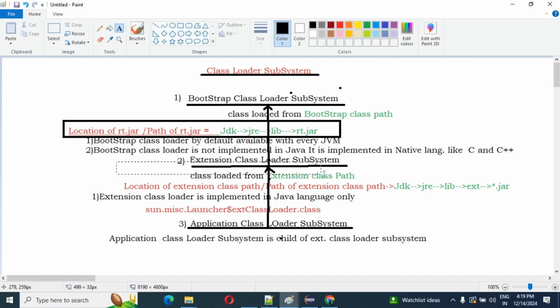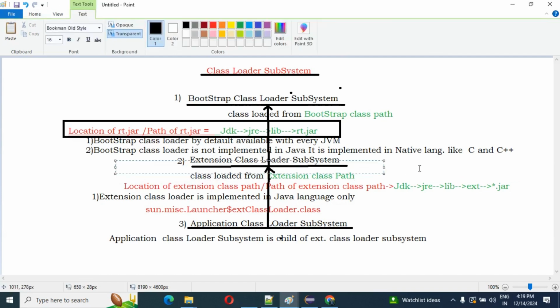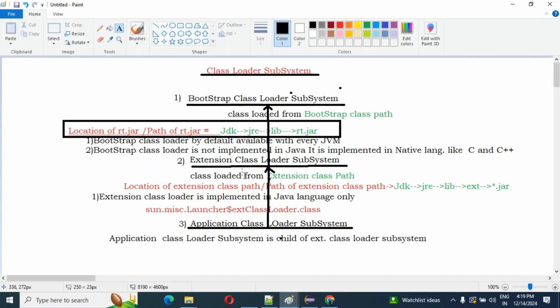The same thing I need to mention here. I forgot to write this, but I will write it here also.